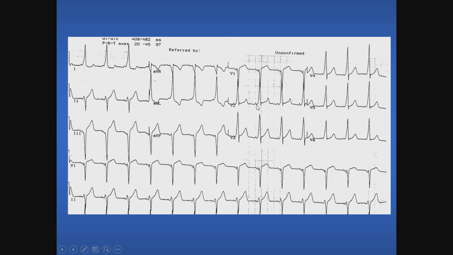And what you can see here is that the QRS complex starts as soon as the P wave is over, and there's this slurring in the onset of the QRS complex, and that's indicative of pre-excitation. The reason that you see that is because the electrical activity is a race between the atrium going through the AV node, which doesn't produce any electrical deflections, and going through the accessory pathway, which produces the slurred onset to